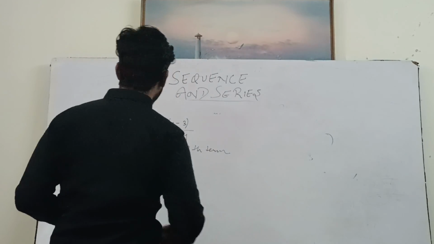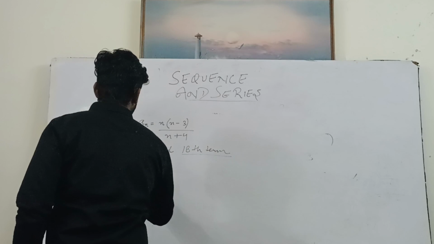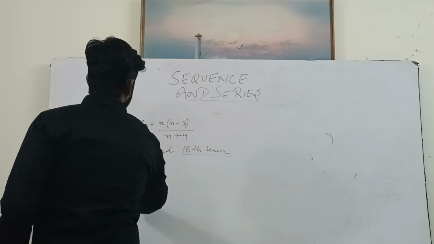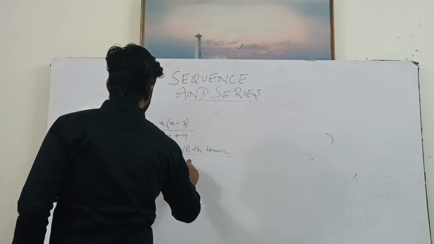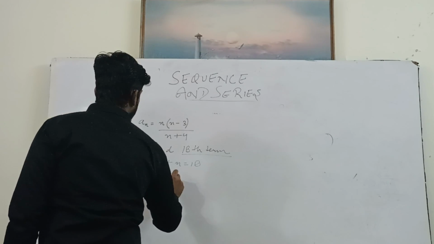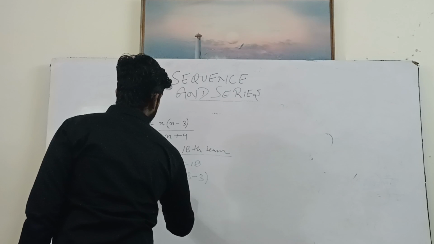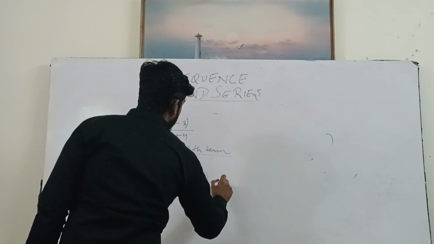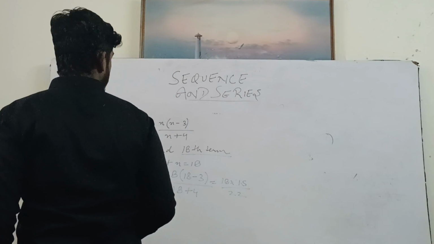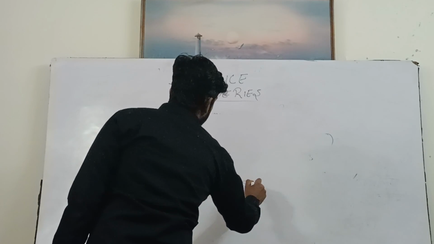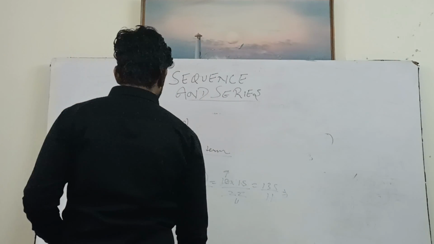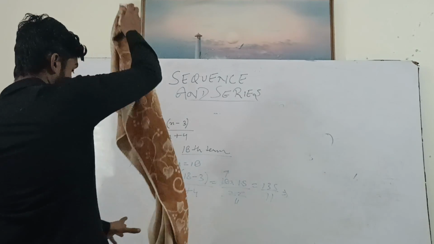तो ये कुछ नहीं है इसमें, 18th टर्म मींस व्हाट, ये डिनोटेशन होता है, इस तरह से डिनोट करते हैं A18। तो A18 फाइंड करने के लिए what we will do, put n is equal to 18, so A18 is equal to, जहां जहां n लिखे 18 पुट कर दो। तो क्या हो गया, 18 into 15 upon 22, कैंसिल कर दो, 135 बटे 11, मिक्स फ्रैक्शन में भी चेंज करके लिख सकते हो, ये आंसर आ गया।